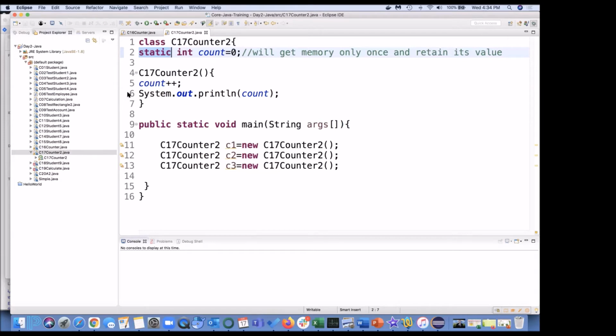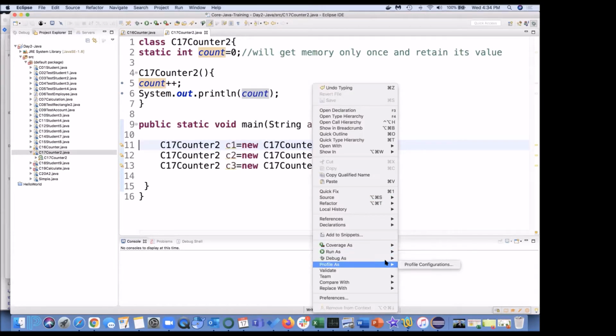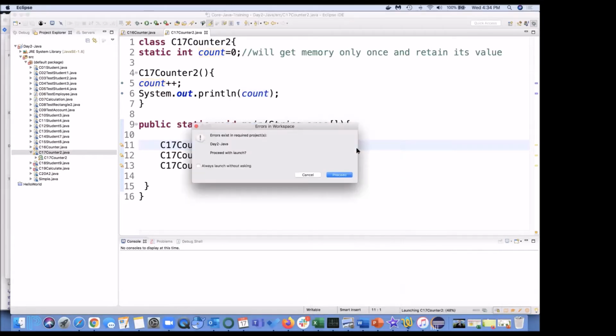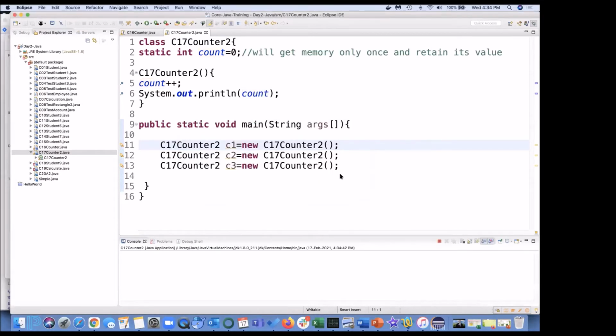So let us execute this. I just added one debugger point here. Let us run this. Debug as Java application. Proceed.